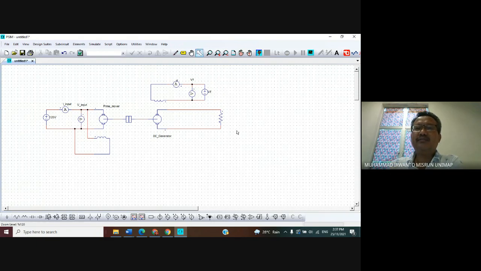Same, we need a voltage measurement and current measurement for measuring the voltage across the resistance and the current flowing through the resistance. The voltage can come from the voltage probe. And then change the position to vertical and place it like this.